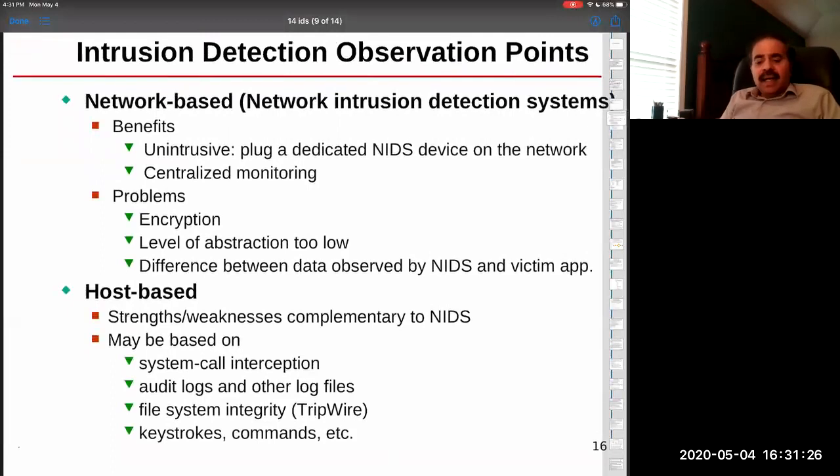So again, you say system behavior, but what are the things that you're observing? So far, I gave the example of applications and observing application behavior. But we can take a broader look at it and divide it into two categories. One is observing events at the network layer, and the other is observing events that are taking place on a single host.